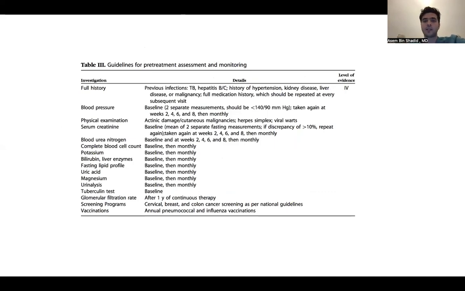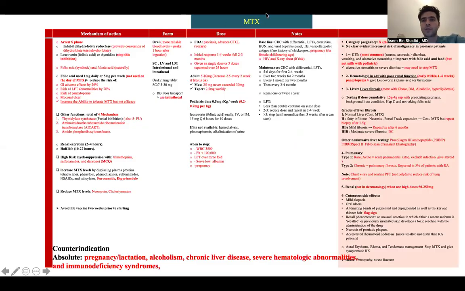Like, for instance, the doctor told you to prescribe methotrexate. You open the slide, you see very quickly what's the approved dose, what are the labs that you need to do before you start, and what are the important things you need to know or educate your patient about. Because sometimes you will be asked to educate your patient about the side effects. So you see here very quickly, GI is the most common. Maybe he will have a hematological problem, liver problem, etc. Okay, and you always have the contraindications. You have to always ask about the contraindications. Okay.